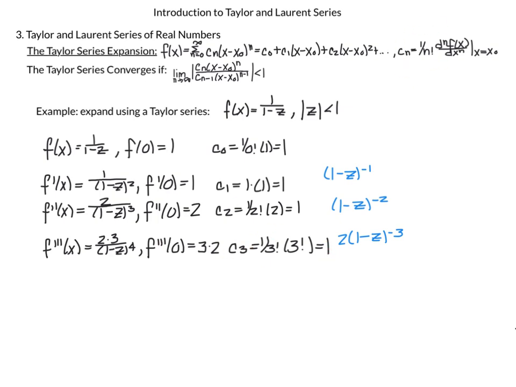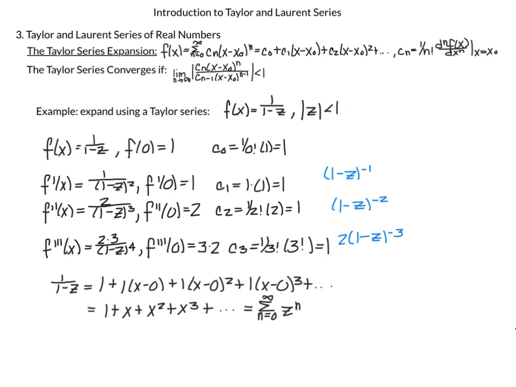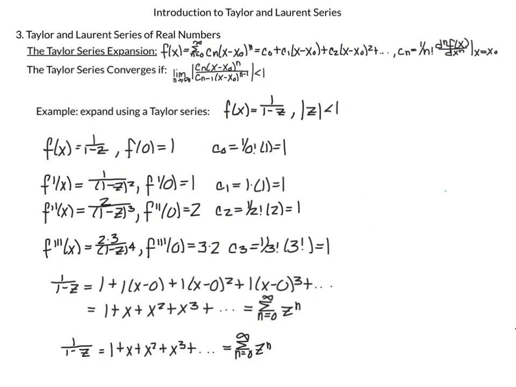So I'm going to keep getting coefficients of 1, which means that my 1 over 1 minus z is equal to 1 plus my first coefficient 1 times x minus 0, plus 1 times x minus 0 squared, remember x naught is 0, plus 1 times x minus 0 cubed. So I get 1 plus x plus x squared plus x cubed. So I have the summation of z to the n. This formula here is what we'll be using later, but I'll also remind you of this formula when the time comes. Oh, and I should also say, in this interval where z is less than 1, this series